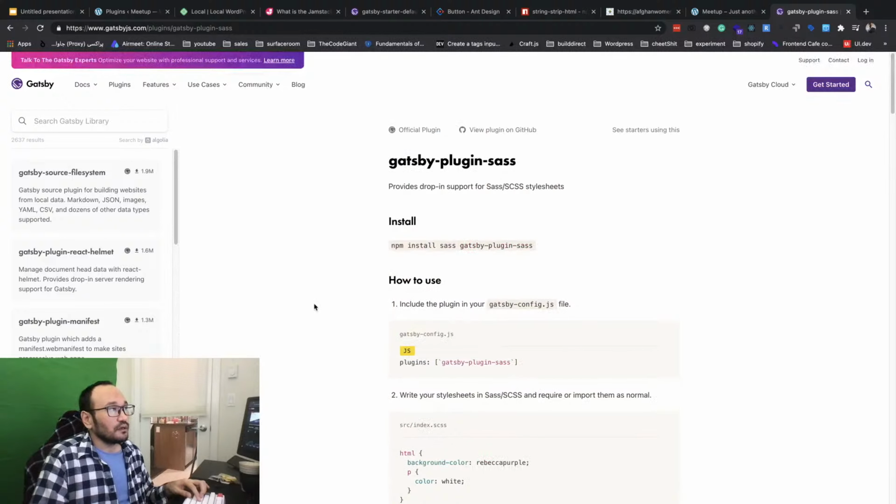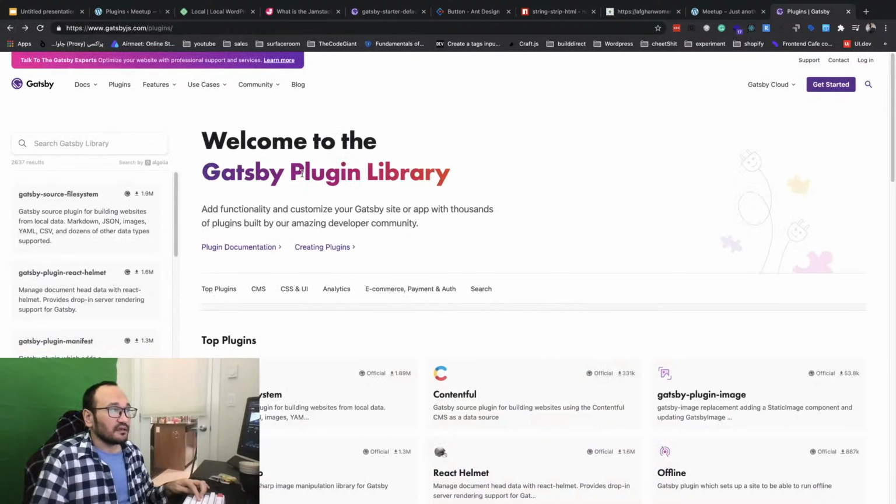Additionally, Gatsby has Gatsby starters. I think it's something like this, Gatsby starter. There's a use case. I don't remember where it is exactly. I can't find it. All the starters. This one, yeah.